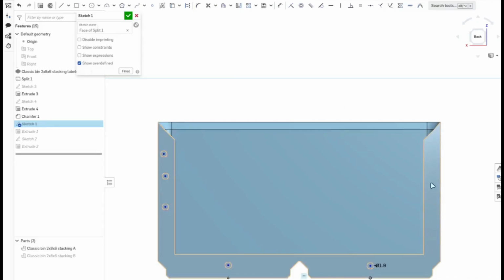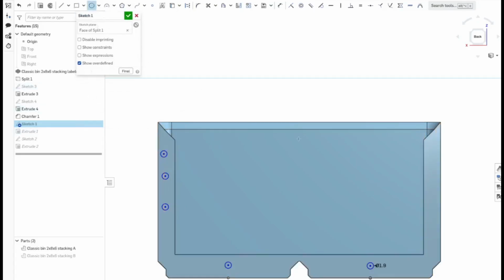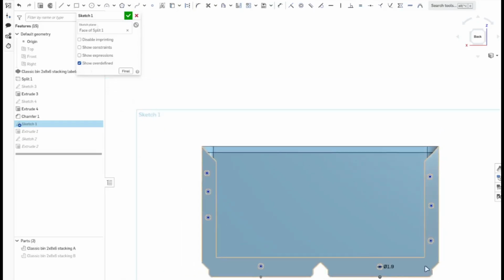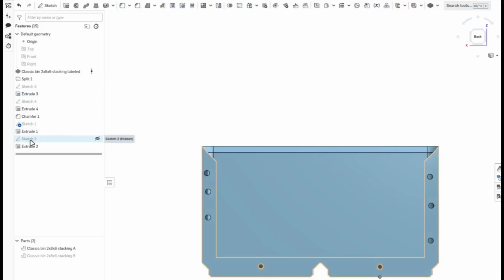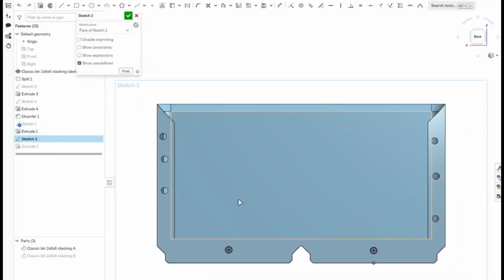Now we have to do the same thing over here, and we'll set the dimension the same. So click this and this. Now this and this and this equal. Okay, now we have equal diameter for all the holes. The same thing we will do for sketch 2, which is this one. We will double click this, sketch 2,